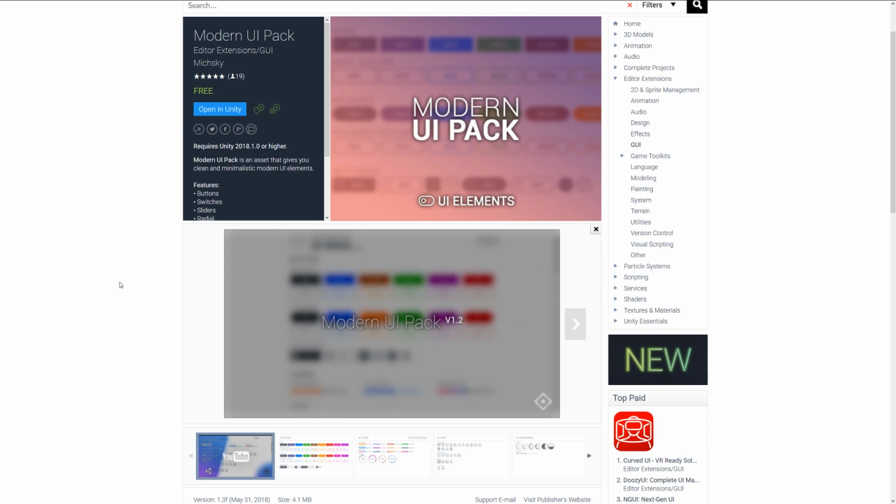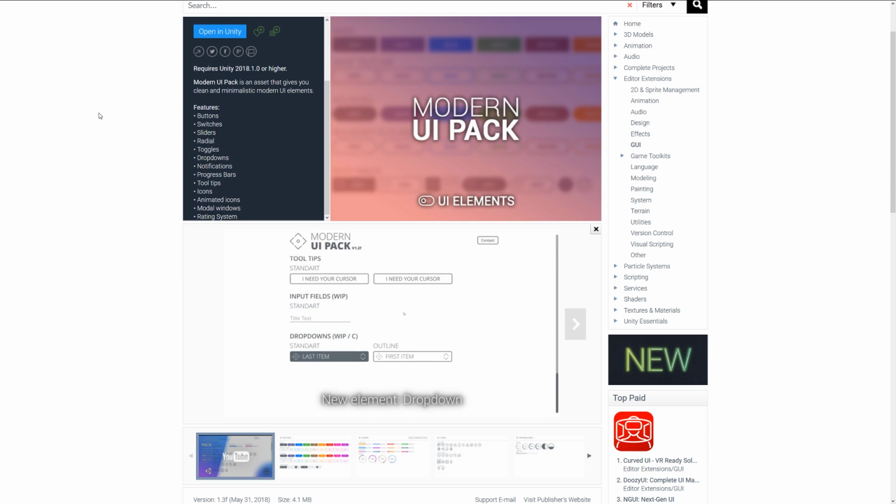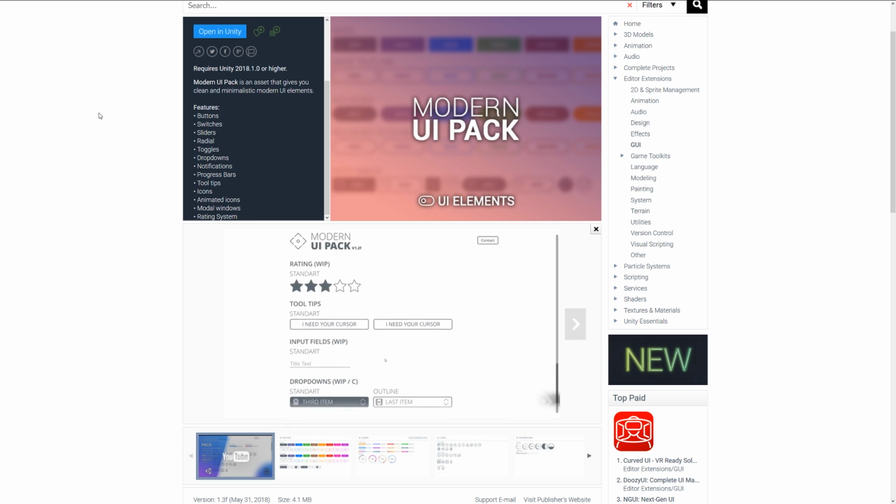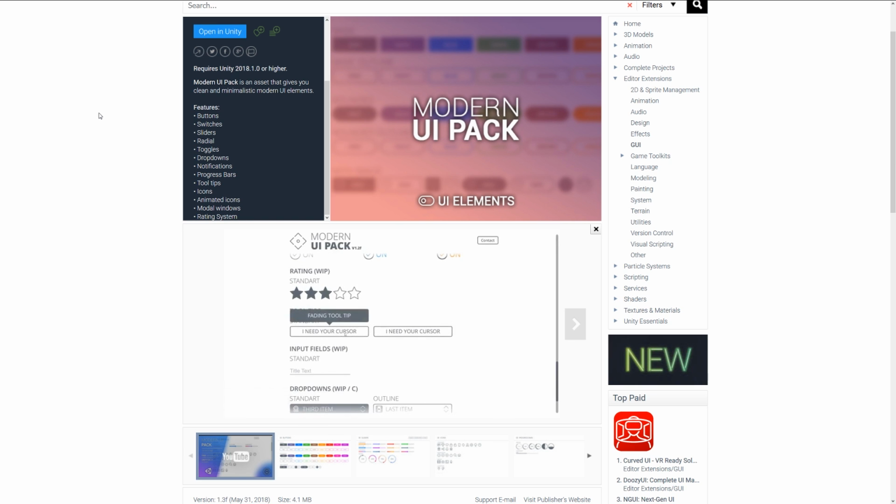And last but not least is the Modern UI pack, which is a pack of a selection of buttons, switches, sliders, radials, toggles, drop downs, notifications, progress bars, tooltips, absolutely everything. And as you can see from the samples below, it's got quite a lot of quite elegant, nice looking modern UIs, whether it be stars, buttons, as I said,